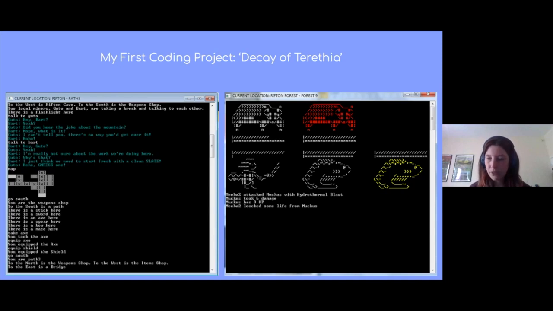Then after I'd worked on that for a while, I realised quite quickly that it was getting completely out of scope. I had all these ideas for it, which I think is quite common for someone getting into game development: you play all these amazing games and you want to recreate them, and then I ended up sort of finishing.